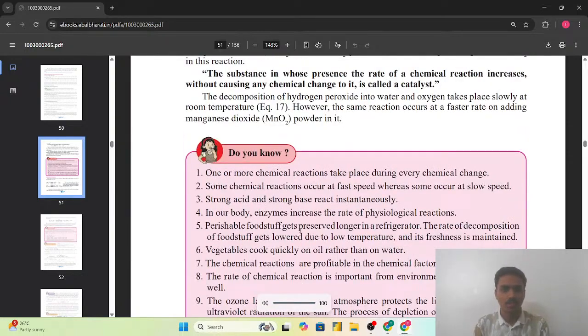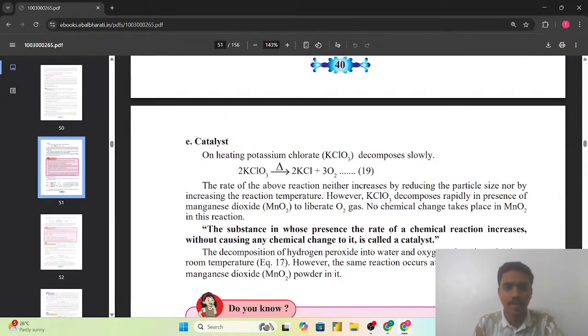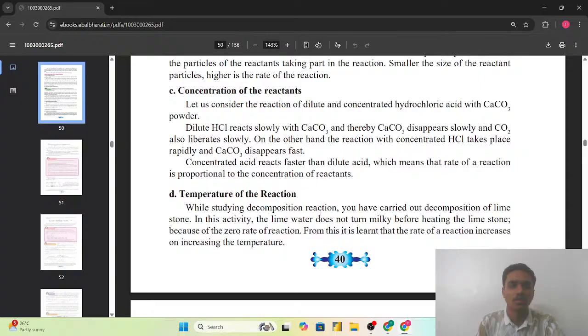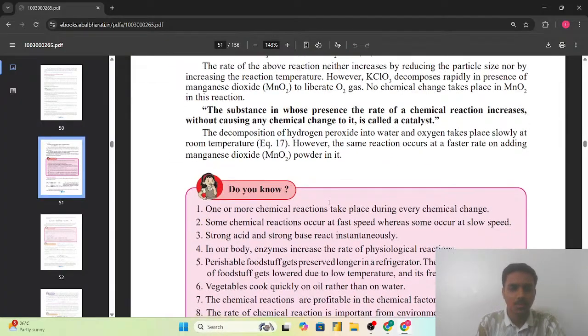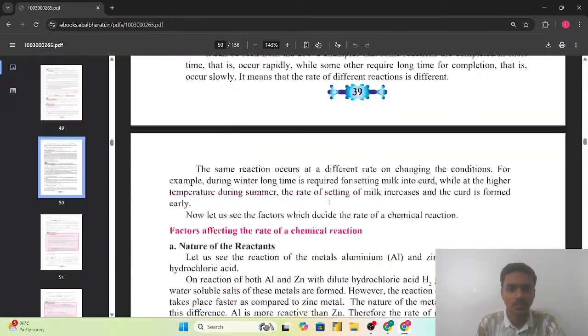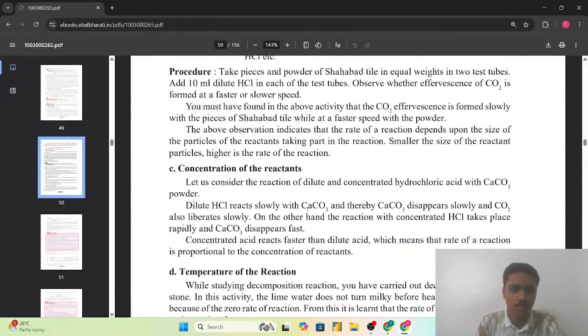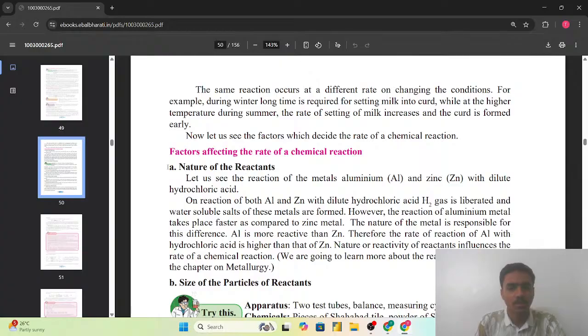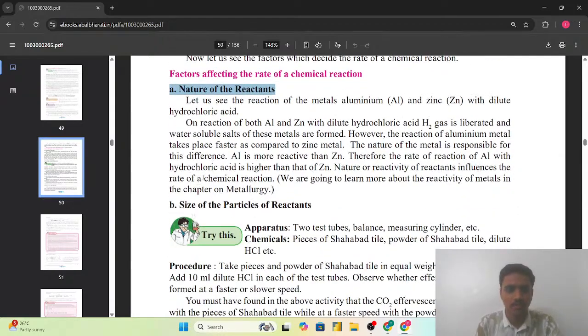जैसा कि हम देख रहे थे क्लास 10 साइंस 1 का चैप्टर नंबर 3, दैट वाज द केमिकल रिएक्शंस एंड द इक्वेशंस। तो अब तक हमने देख लिया था what are the various different factors that are affecting the rate of the chemical reaction। एक बार पिछला जो पार्ट था उसका रिवाइज कर लेते हैं कि कौन से फैक्टर्स हैं जो अफेक्ट करते हैं रेट ऑफ द केमिकल रिएक्शन को।